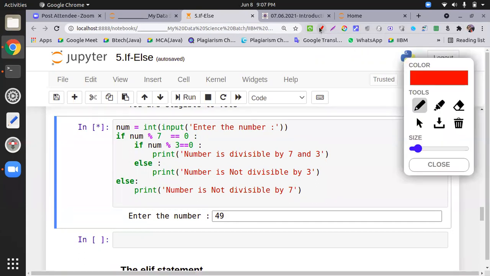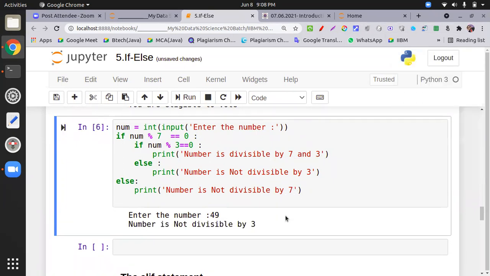The second loop. The number is divisible by 7 and 3. Wait, please wait. Let us hear that participant. Please wait. Everyone has to study, everyone has to learn, right? We are a team. Yes, please. The second, it will go. It will run the second loop, I guess. So the number is divisible, but this one. Yeah. Perfect. Let's see.